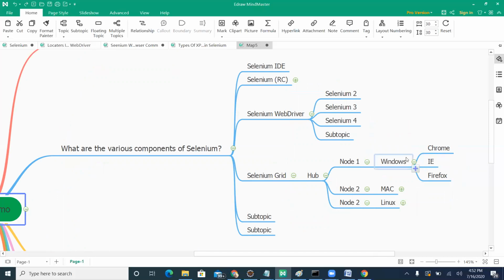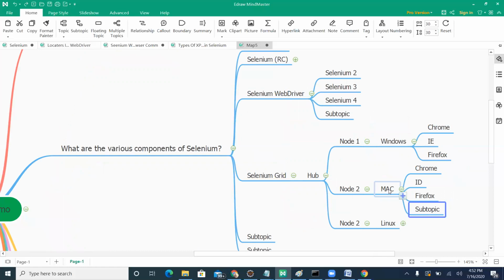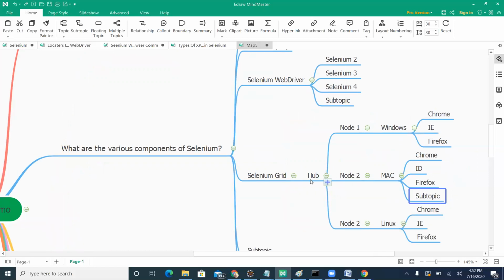If you want to run concurrently, at one time, with the 3 browsers, you can run, and also on multiple platforms. You can see here, this hub is your system, and you instruct it to execute on Windows, Mac, and Linux with multiple browsers.